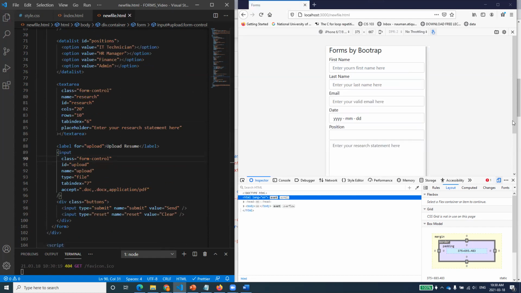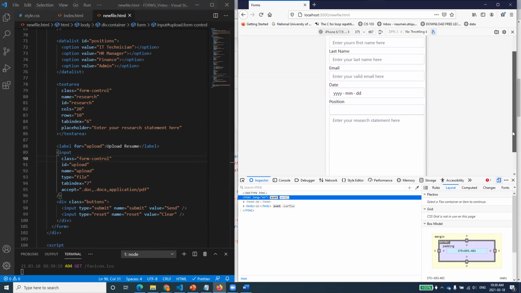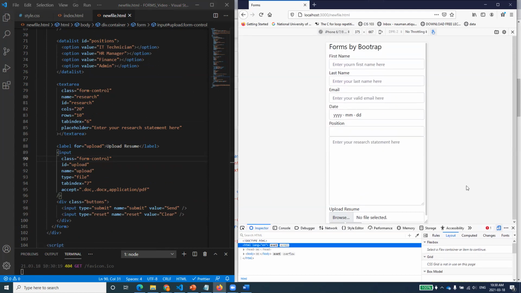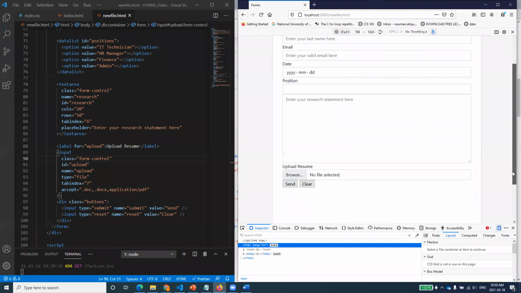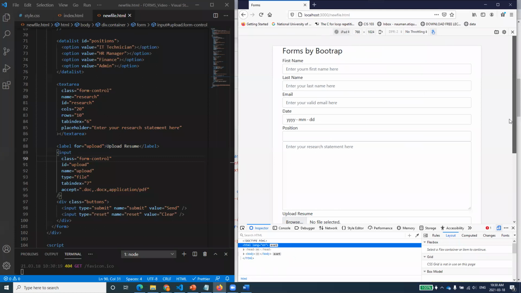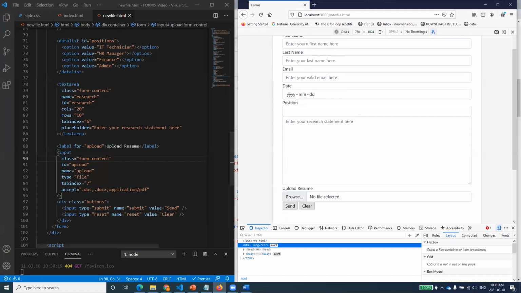okay, someone said beautiful. Do you think that now it has started to work in something interesting for us? Now the form is starting to look like a very interesting one. Why? Because if you go to iPad, you see that in iPad it is showing us something like this. So now it has started to look beautiful. Yes, you're right. And with only a single form class, and we are not using CSS, by the way. Keep in mind, we are not using our own CSS. Rather, what we are doing is trying to use something from Bootstrap. So does everyone see this output in the way which I am looking at it over here?